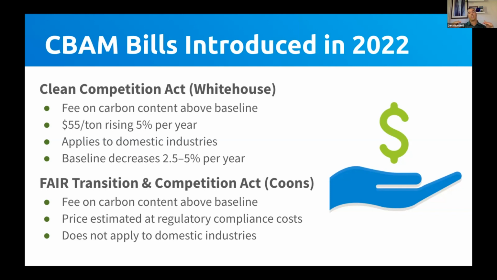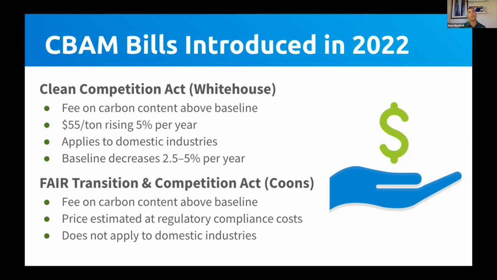And he would have had the baseline decrease by 2.5 to 5% per year. So every company in the industry would have to decrease their carbon intensity of their products, or else they would have to pay the CBAM price on their extra carbon content if they're not keeping up with the decreasing baseline. So basically, it's creating a domestic carbon price and trying to incentivize industries to reduce their emissions eventually down to zero. Then Senator Coons introduced one called the Fair Transition and Competition Act,